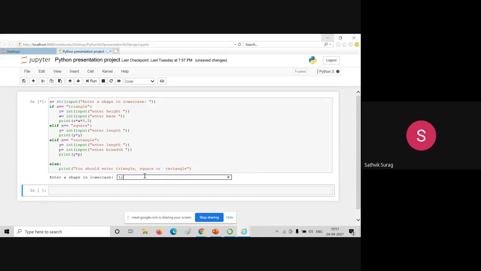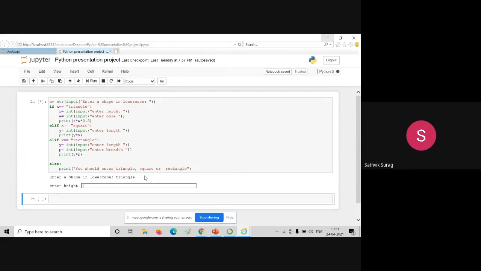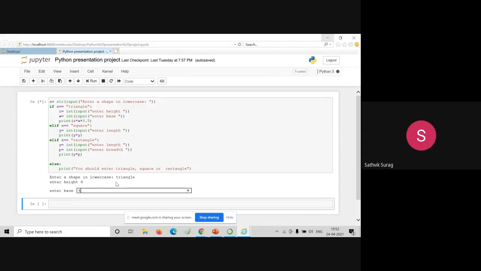For example, if you type triangle, it will give us the option of writing enter or set the height and the base.